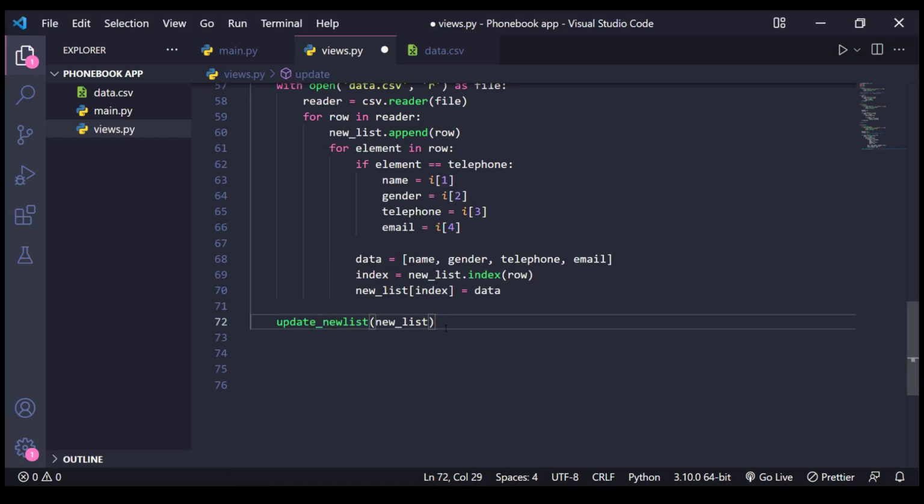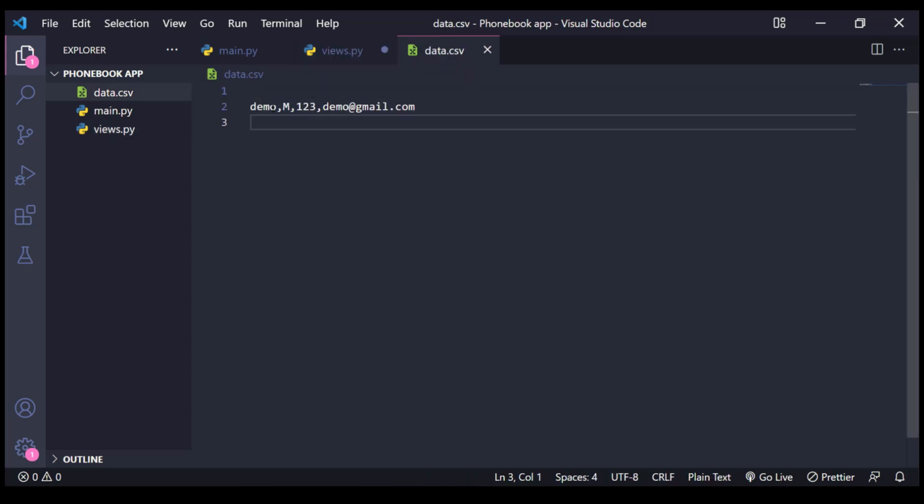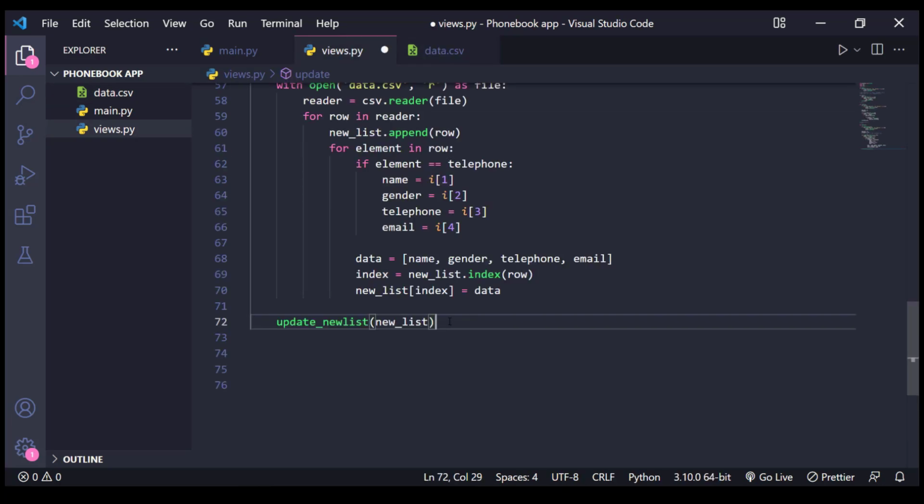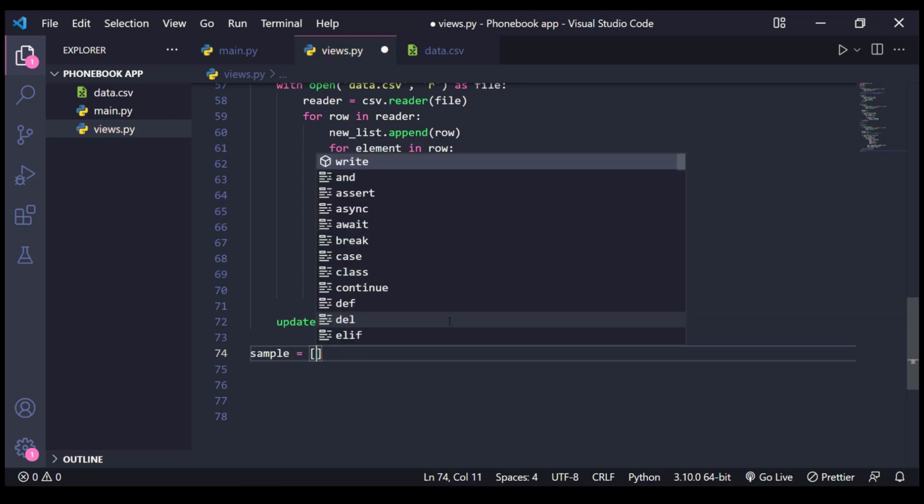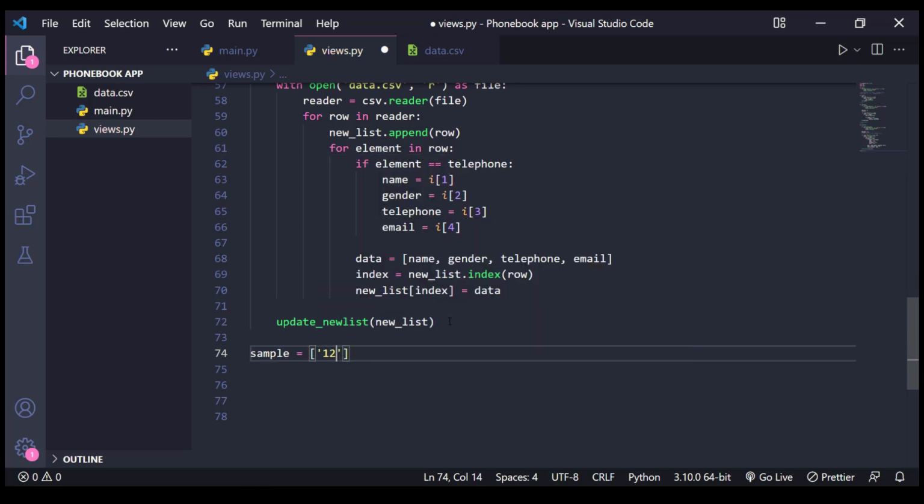For example, let's just give some sample. What do we have in the CSV file? This demo, right? So we'll try to change this demo to some name. Okay, so just give sample equal to, first we'll give that phone number as the key, and then we'll give the data. So instead of demo, let's give my name, Coder,